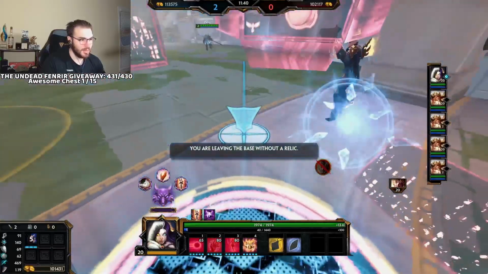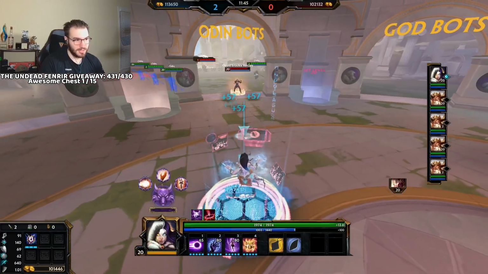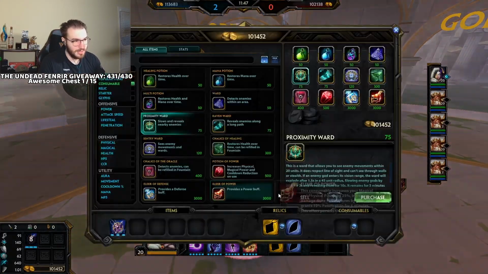But yeah, you kind of just want to be running around. Always be staying around your team. Don't be scared to be aggressive. You're a character that's very aggro. So